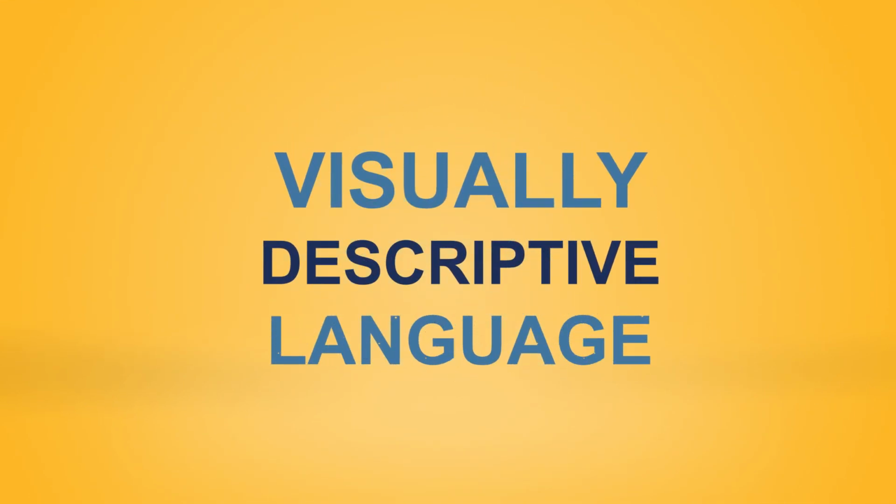Point number 2. Visually describing every single thing that you're trying to say. Basically, you want everything that you're trying to convey to create an image inside the viewer's mind. It's as simple as this. Don't think about a pink elephant. Now you thought about a pink elephant. So the mind doesn't understand the difference between the real and what it understands from words. The words you use will actually create singular images or even movies in people's minds. And you want these movies to play for your benefit. You want them to convey the right message inside your viewer's mind.